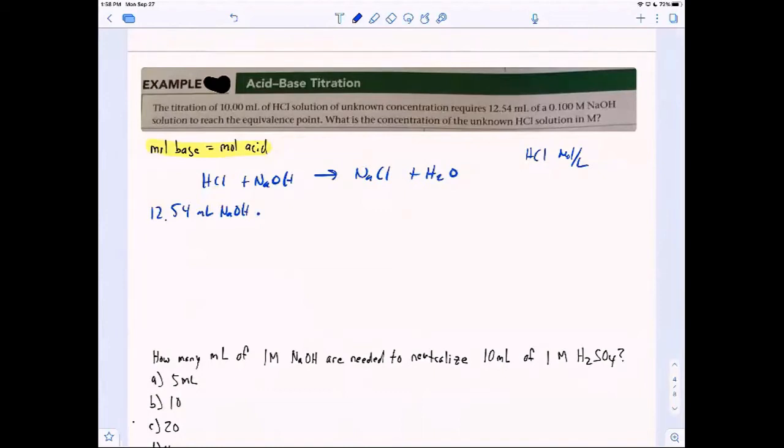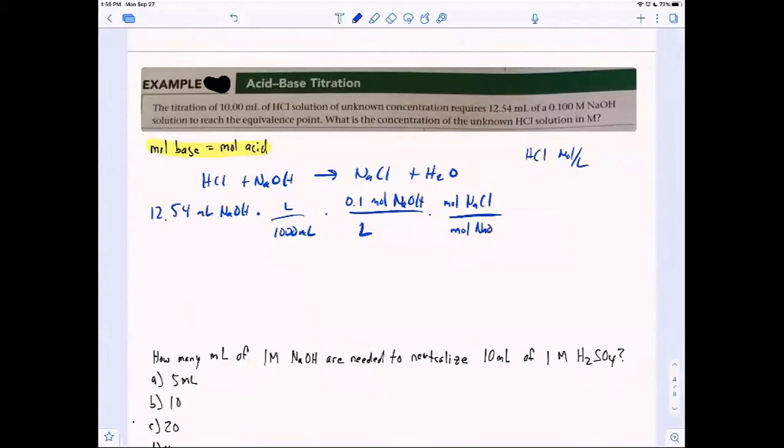And then we have 0.1 molar, so 0.1, oh, actually, you got to change the liters. So it'll be 1 liter to 1,000 milliliters. And then we have 0.1 mole NaOH per liter, and I know it's 0.1000. And the next step is going to be mole NaCl per